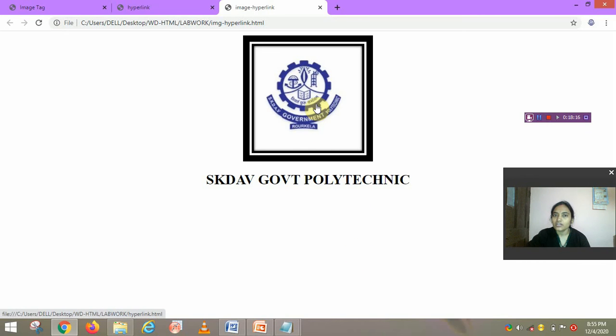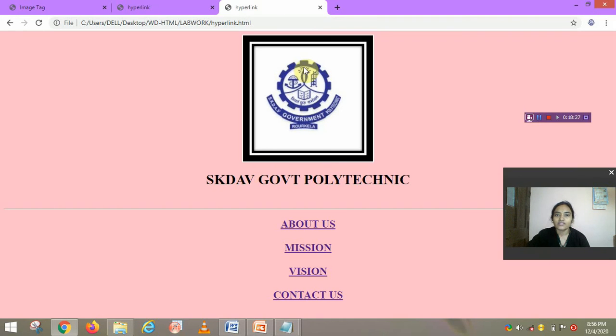When the mouse pointer is moved to this logo, the mouse pointer changes, to a hand symbol. When you click, this page will open. After that, when you click about us, mission, all these pages open here.